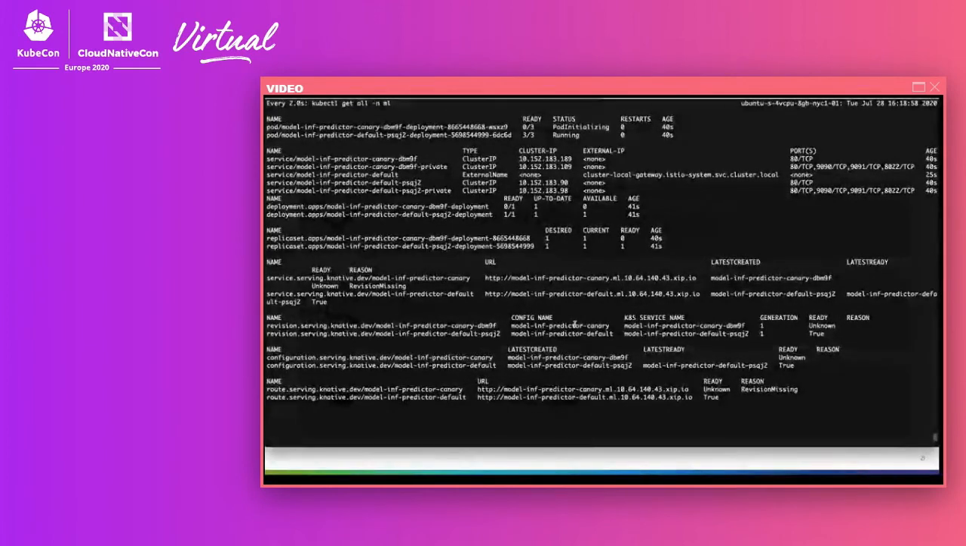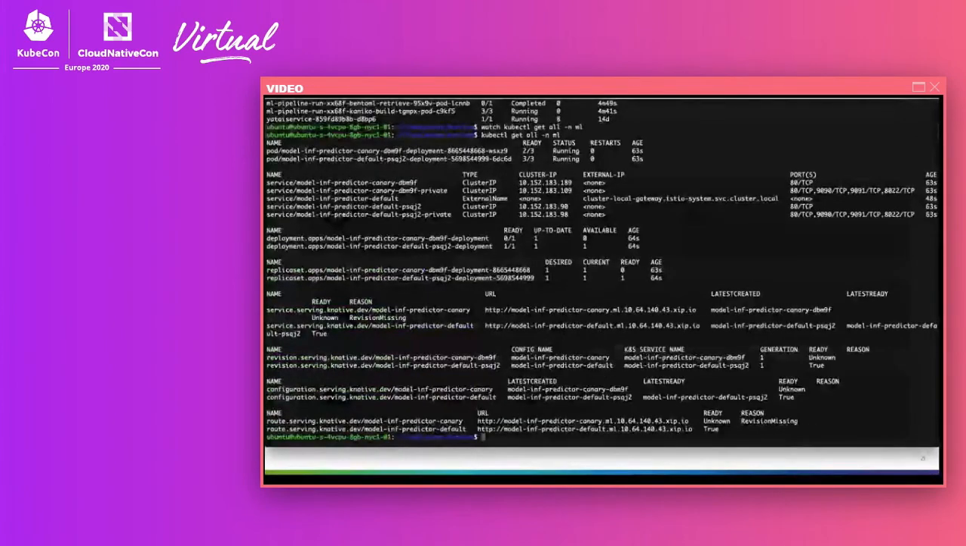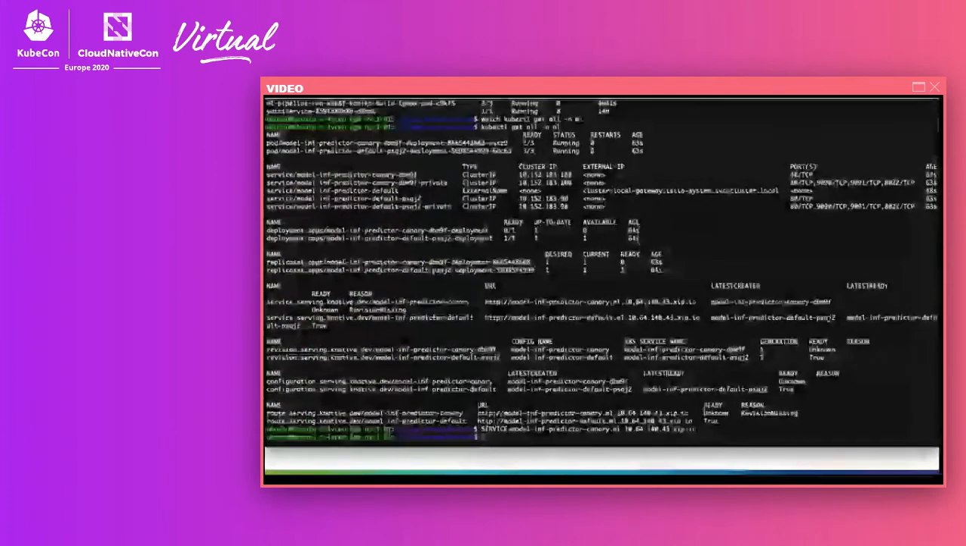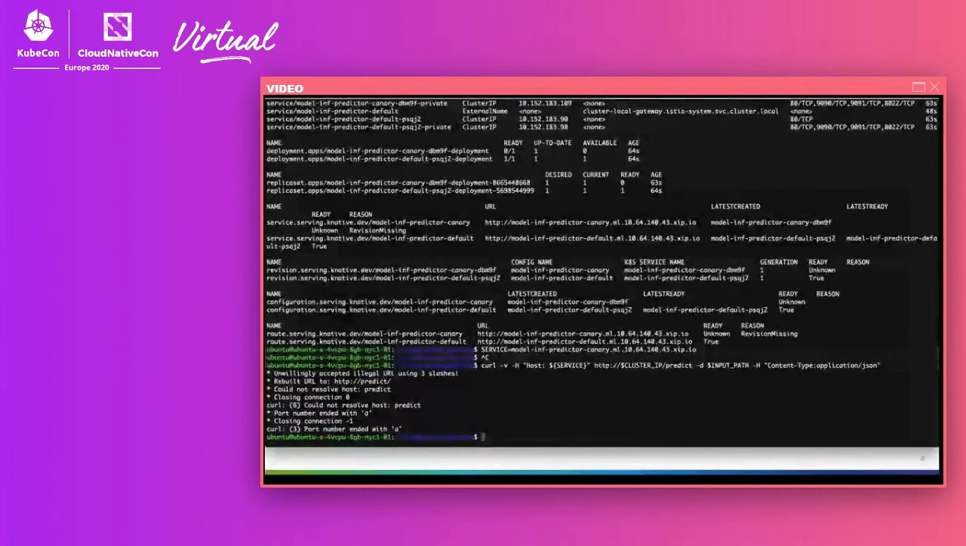So what we can do is take our route here, which is model-inf-predictor-canary, and then an xip.io here. And we can make a query on our ML endpoint that we just created. So if we set service equal to this, and we do a simple curl,